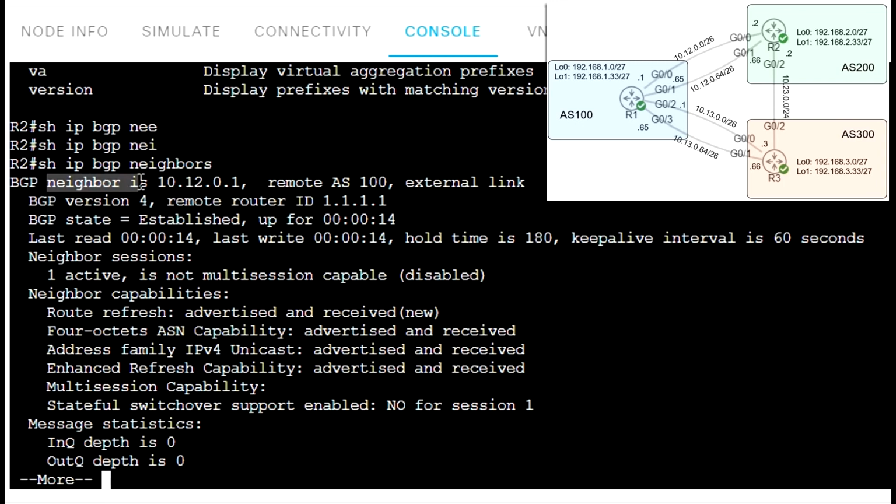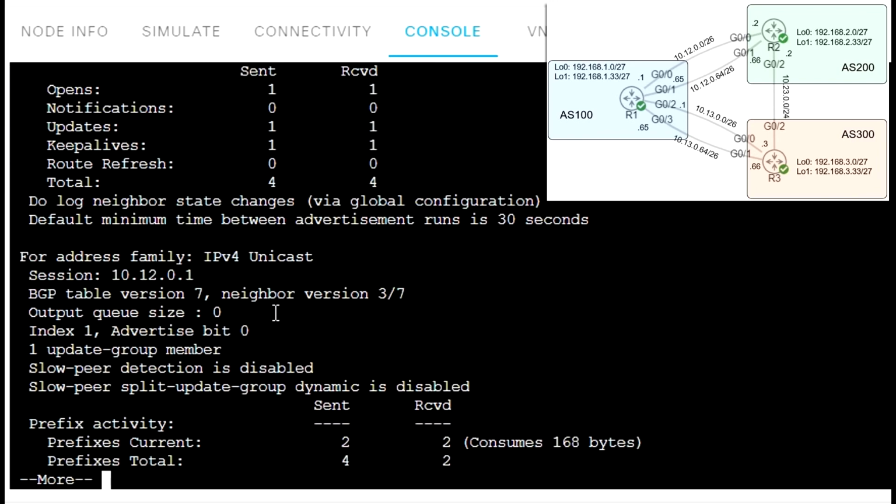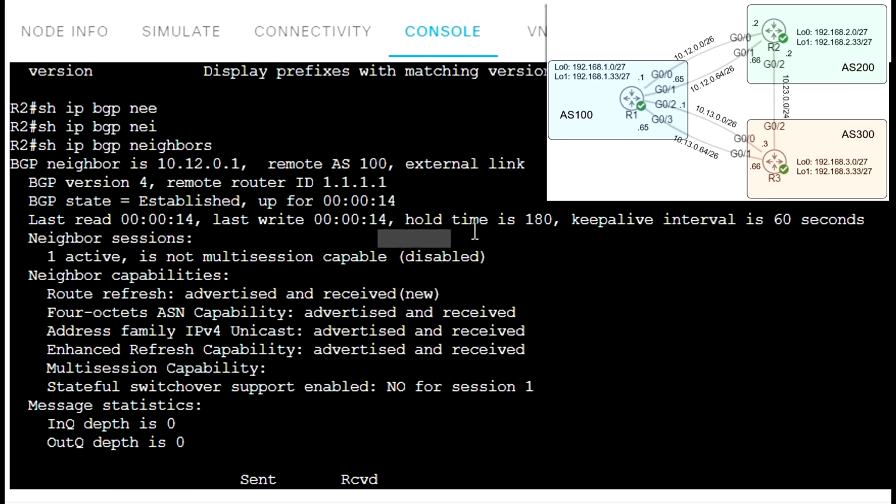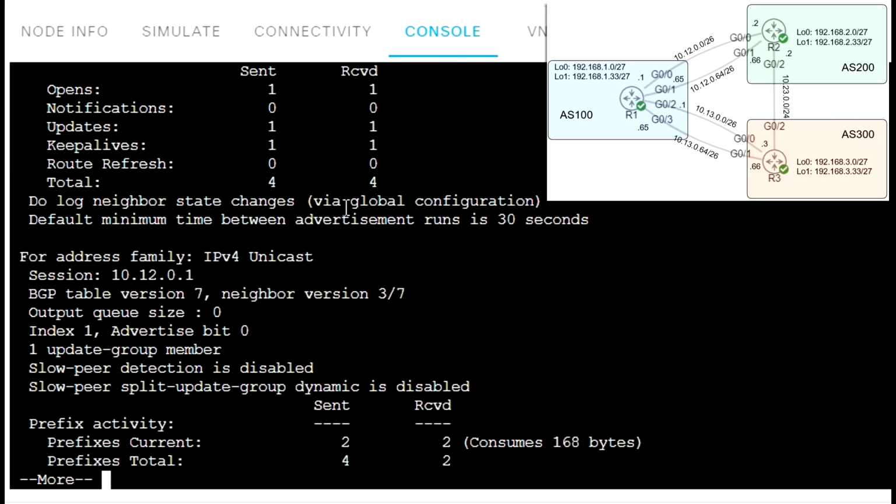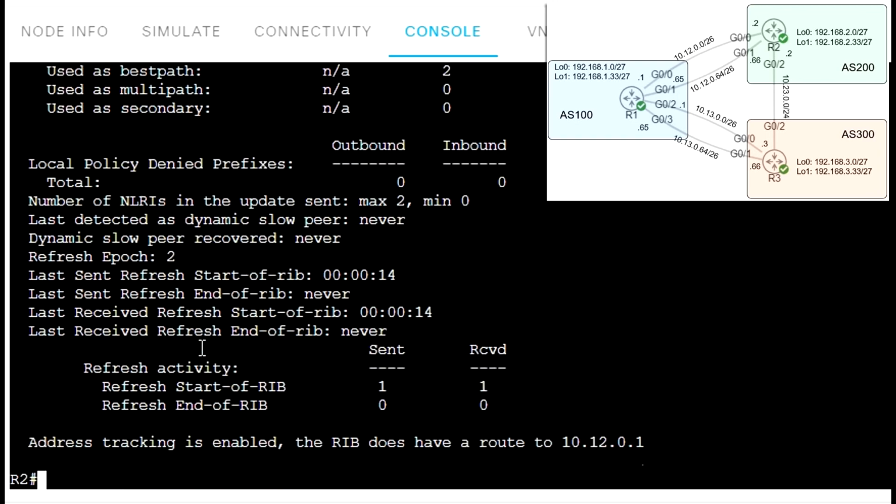For example, this is neighbor 10.12.0.1 router ID, and we have hold time, keep alive, which is keep alive, hold time is 3 times keep alive, and we can do also show